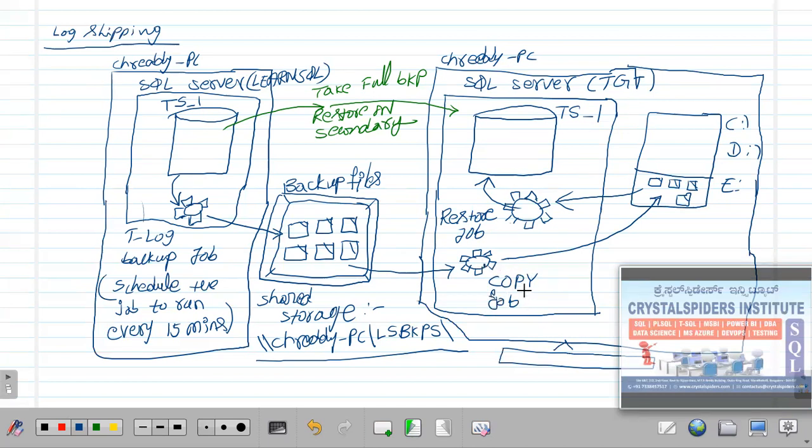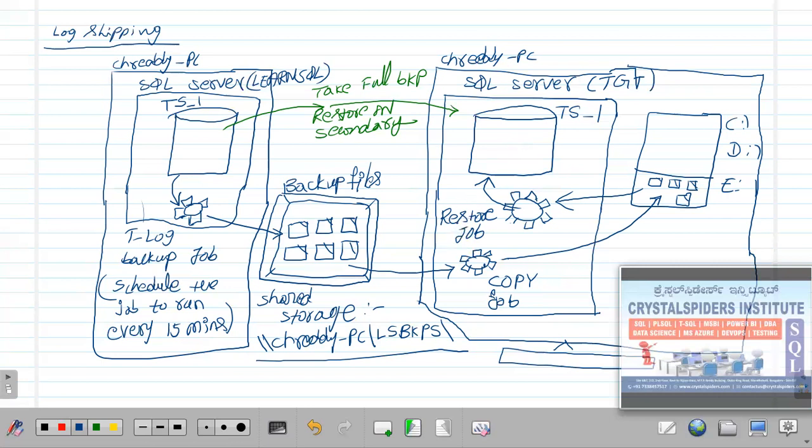We can also schedule this copy job. Let's say every 1 minute, go to this path and identify whether any latest new backup files have arrived. If yes, then take those and copy those. It's not cut and paste, it's copy and paste. Copy those files and put them on this local server, on the E drive, and the restore job will take them from there and restore them on this database.